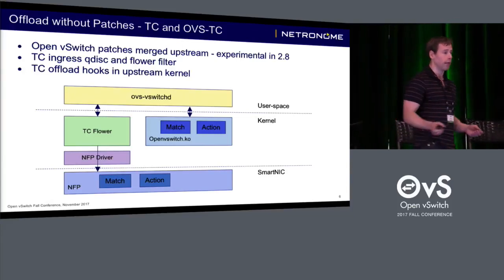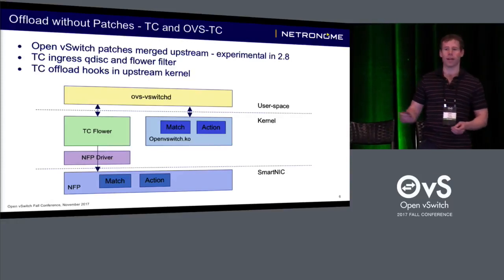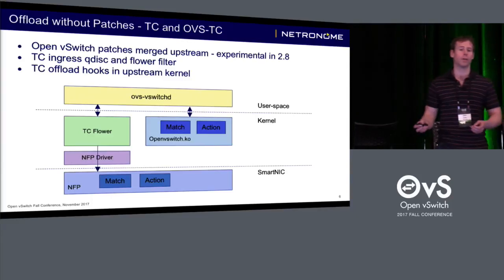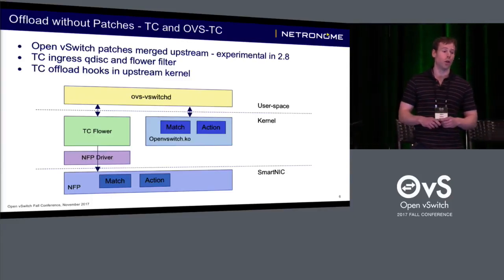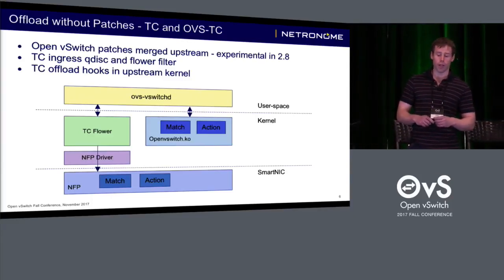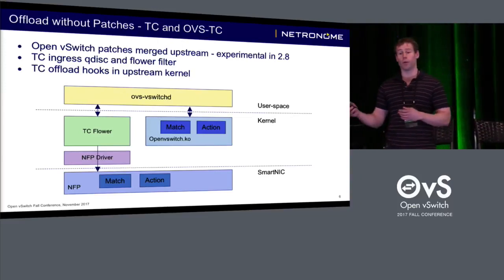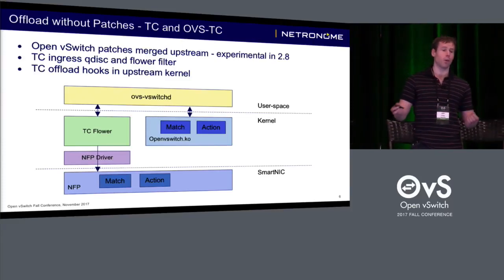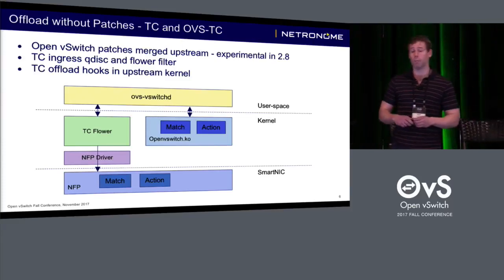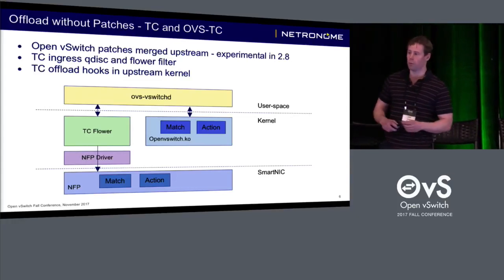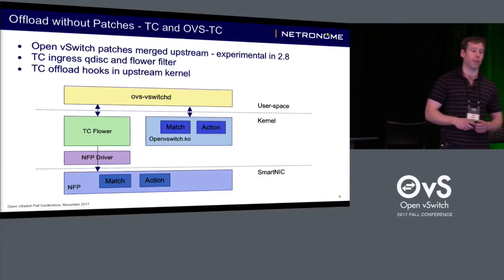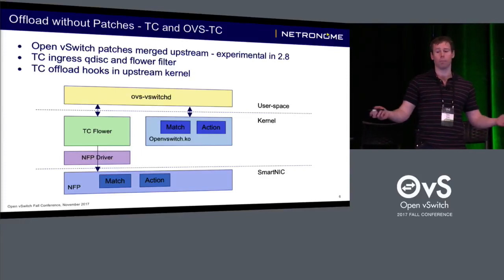Those who know Linux may associate TC with packet scheduling and egressing packets, but TC also allows the ability to apply ingress hooks to ports. And we can use this Flower filter mechanism for TC to add filter rules to these incoming ports. The TC Flower rules will probably be covered in more detail tomorrow, so I'll not dwell on it too much, but they can effectively do similar things to the Open vSwitch kernel datapath,